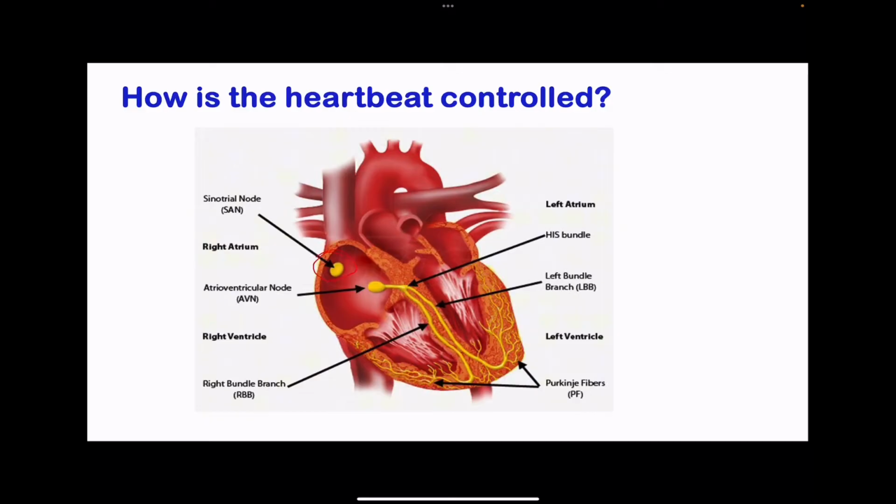See, this is the origin of the electrical stimulation. We call that the sinoatrial node, and this ensures a faster intrinsic rhythm. This is the pacemaker region. Electrical stimulation is going to be released from this region, and then it's going to spread out to all the